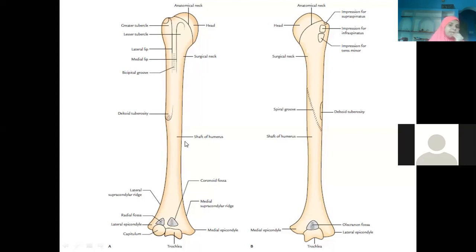But the medial and lateral borders will not be so clearly demarcated. Only until the deltoid tuberosity will you find the supracondylar lines. These supracondylar lines are quite sharp, but the borders are very faintly visible. They are not so clearly demarcated. So we have the medial border, the lateral border, and one more border in front, which is also very much arbitrary, not so clearly defined. That is the anterior border.